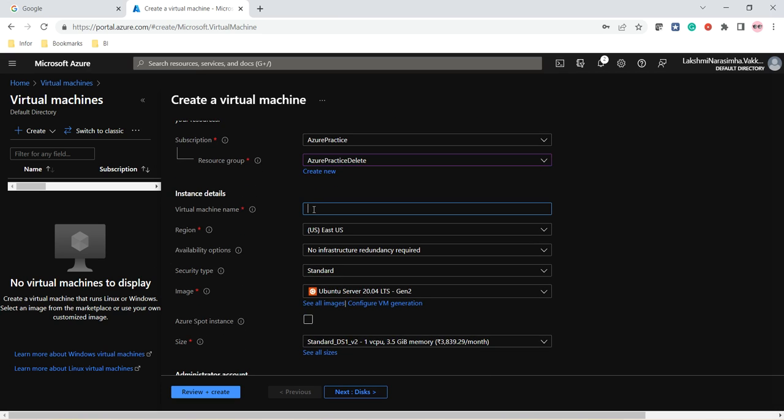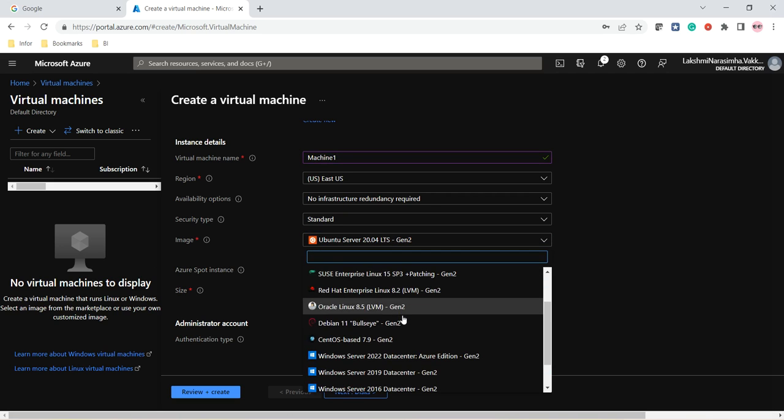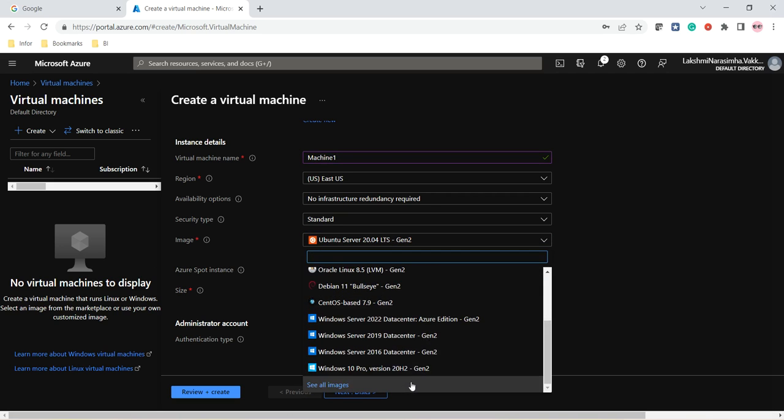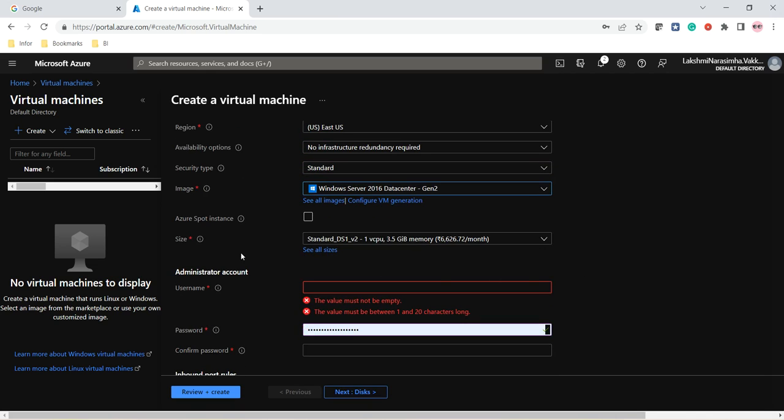Virtual machine name, it is asking. Let us give the machine name as machine 1. Region, we will keep it as default. And let us create a Windows server. So I'm removing this Ubuntu server, and I'm selecting the Windows server from the drop down. So I'm selecting Windows Server 2016 Datacenter. And the size, let us leave the default size,